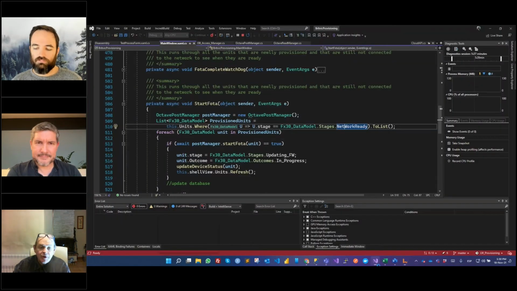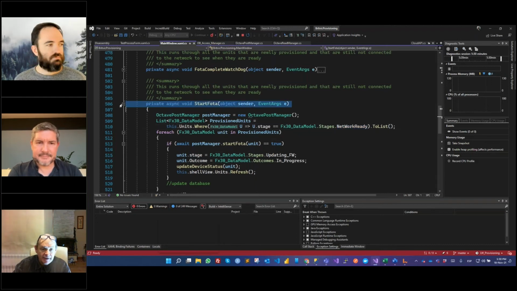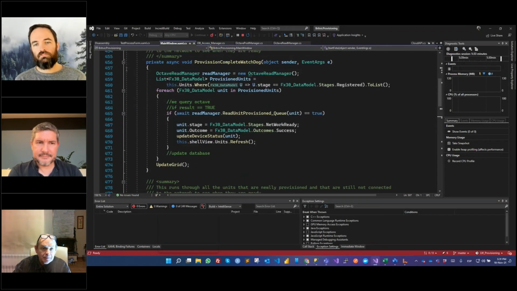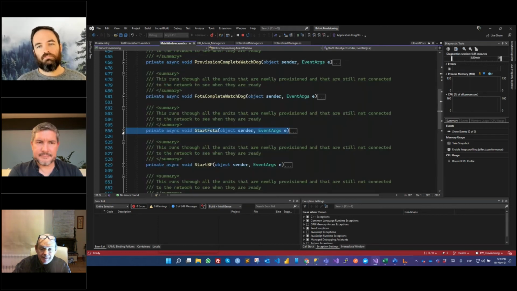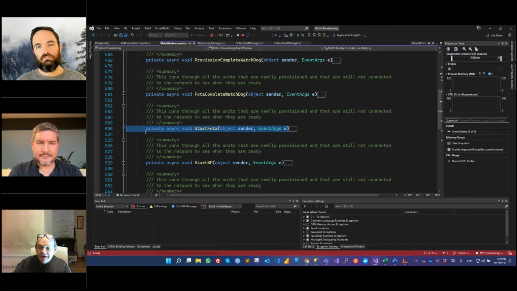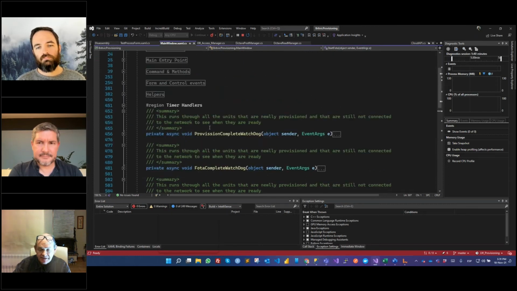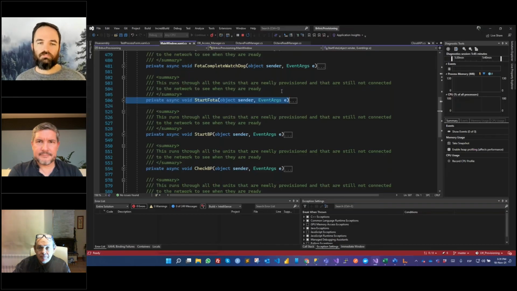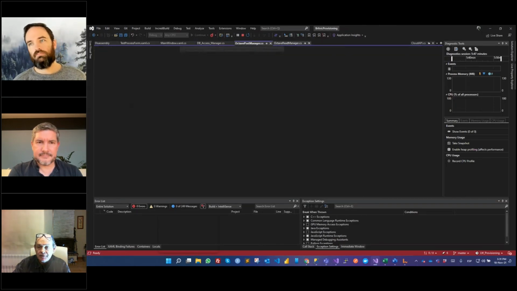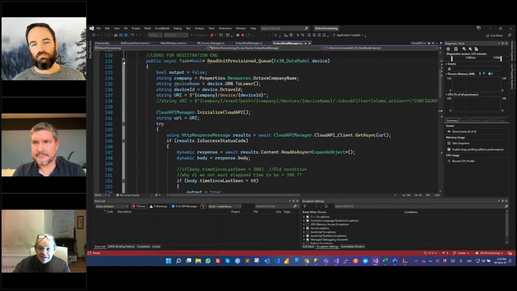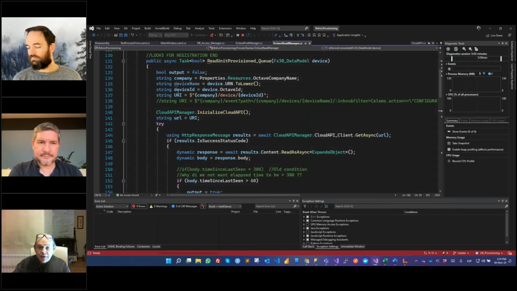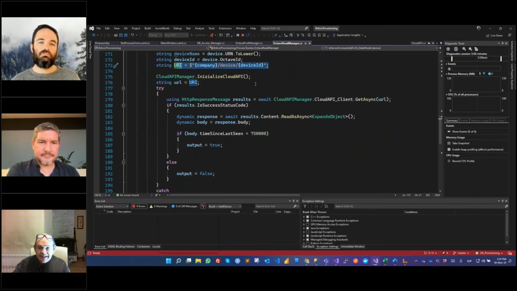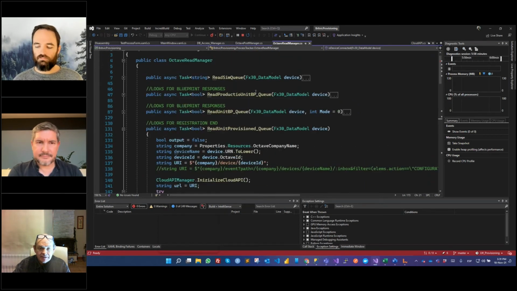Okay, so basically what is happening is we have a number of processes in here that are checking the timer. They're running these events when the timer triggers, and these events basically go and check out to Octave what's going on. So there are these read commands which basically do the same thing. They have a string where they go out and read the device. They have a string where they go and see the device ID and get whatever information they need from the device. Like for example,